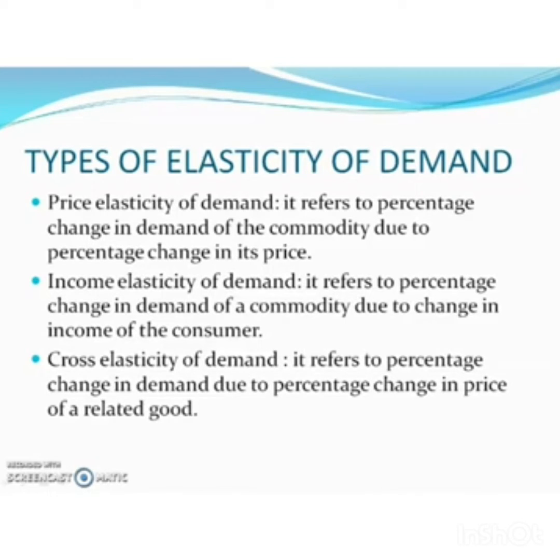We have studied that there are two types of related goods, complementary goods and substitute goods. How the change in price of one commodity can affect the demand of another commodity is known as cross elasticity of demand. So these are the different types of elasticity of demand. In your syllabus you have to study only price elasticity of demand, so we limit the detailed discussion of elasticity of demand to price elasticity of demand only.